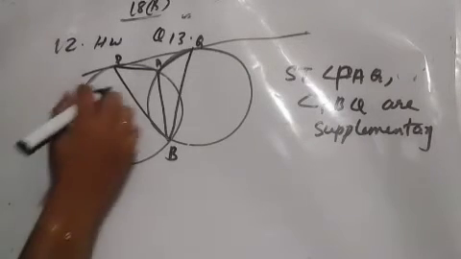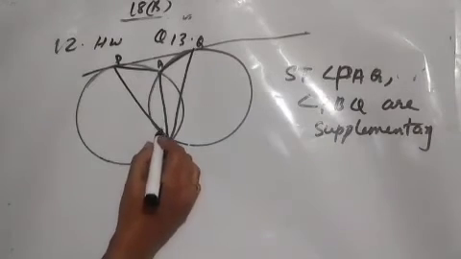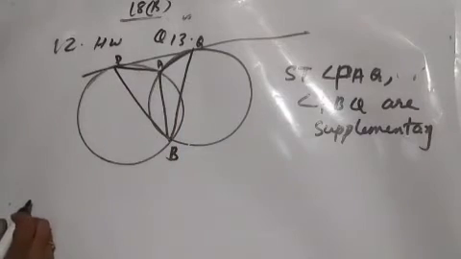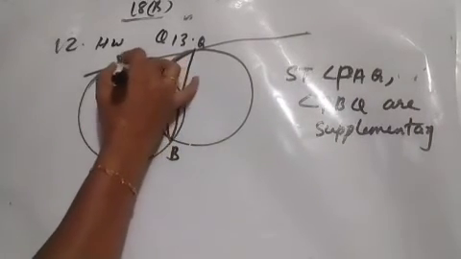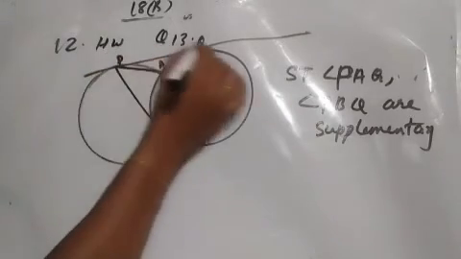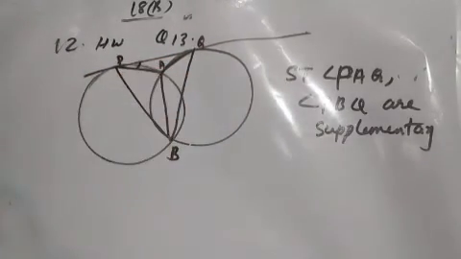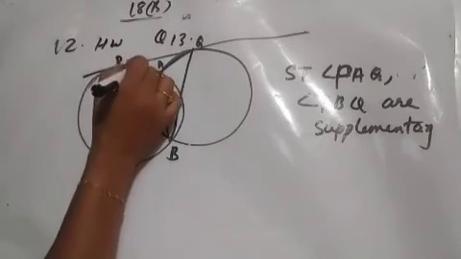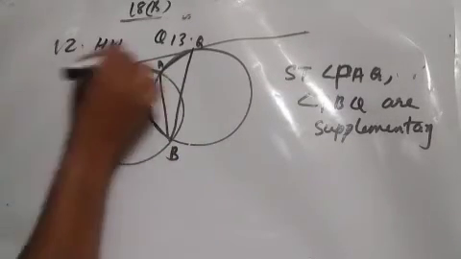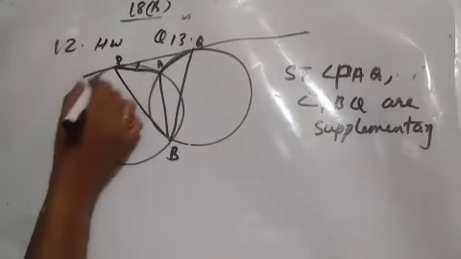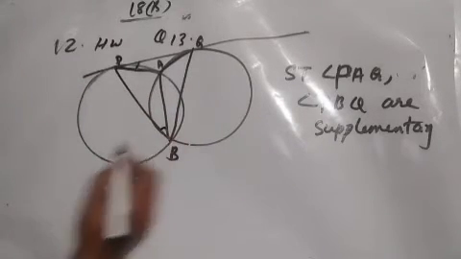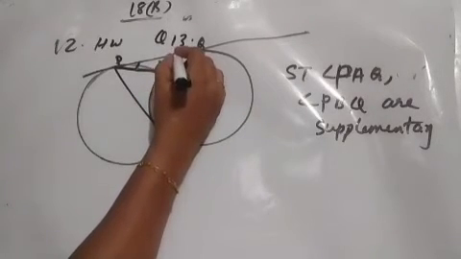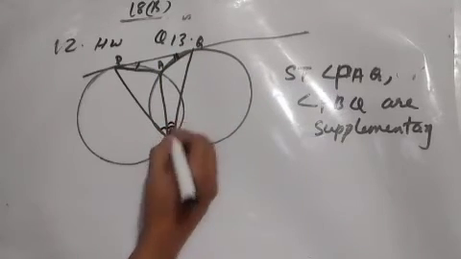Now the 13th one. That is a proof. We have to show that angle PAQ and angle PBQ are supplementary. Supplementary means the sum of these two angles is 180 degrees. That we have to prove. Let us consider this is a chord now. PA is a chord and PQ is a tangent. So angle between tangent and chord is equal to angle in the alternate segment. So this is the chord. This is the smaller segment. So for the first circle, you can see this is the alternate segment. So the angle in the alternate segment means PBA. They are equal. Similarly, these two, angle between tangent and chord, and these two are equal.